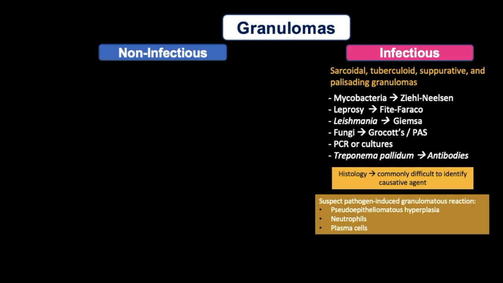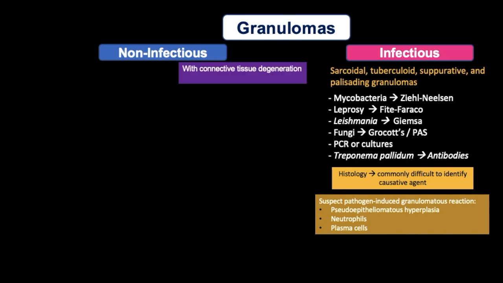The classic pathology teaching for those infectious granulomas is you see three signs: the pseudoepitheliomatous hyperplasia, neutrophils, and plasma cells. And if you see those, you think of infectious etiology,